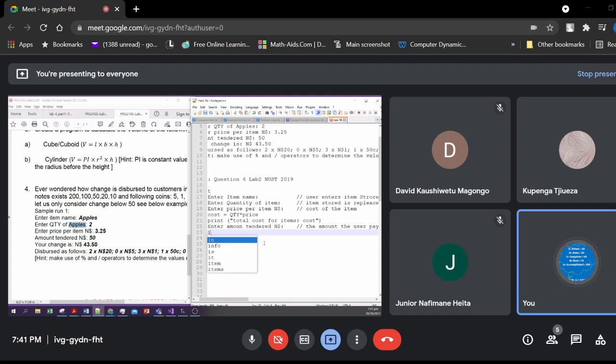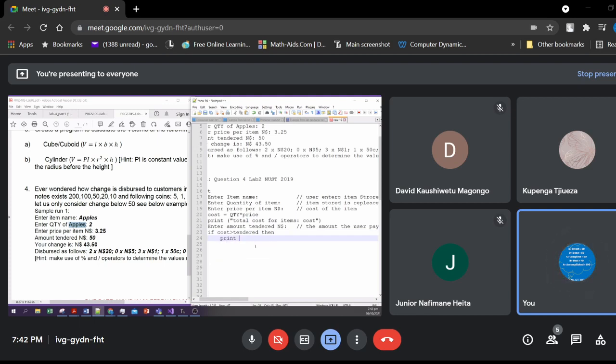So we want to check now first if our cost is bigger than what did we call this one, amount tendered? We need to think of variables now. Let's just call it tendered, right? If the cost is bigger than the tendered, then what do we want to do, right? Then, let me put a then because it's pseudocode. So then